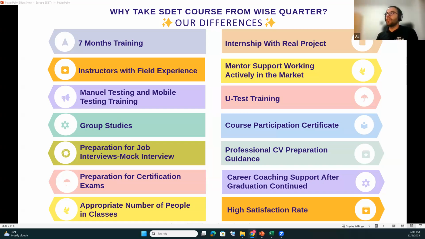Let me go through clearly what you will learn. First, you will learn IT fundamentals. You will go through the course introduction, so you will learn what a test is, what is being tested, and different stuff about testing, like testing approaches. You will also learn different tools that you will use in the course and in your work environment in the future. So the course starts with some basic stuff.